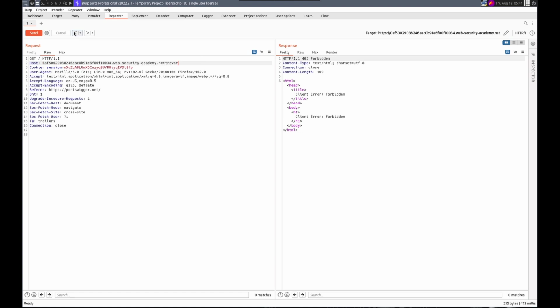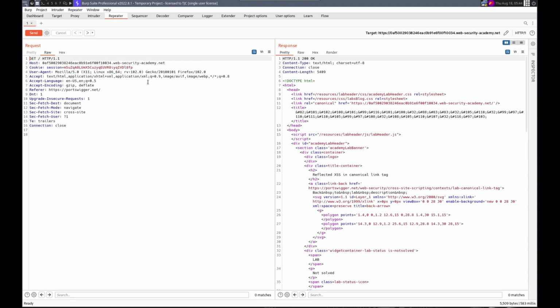All right, let's go back to the one that worked. What if it's just like something here? Like, let's do question mark blah. That worked. So that injected it here. So can we do just our whole canonical link? We want a single quote to escape. So what if we do single quote, %20 for space, and then put